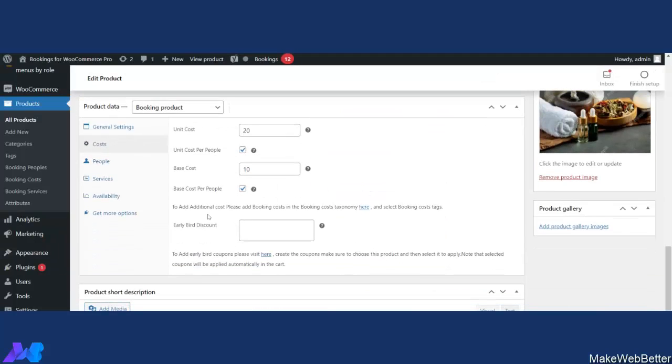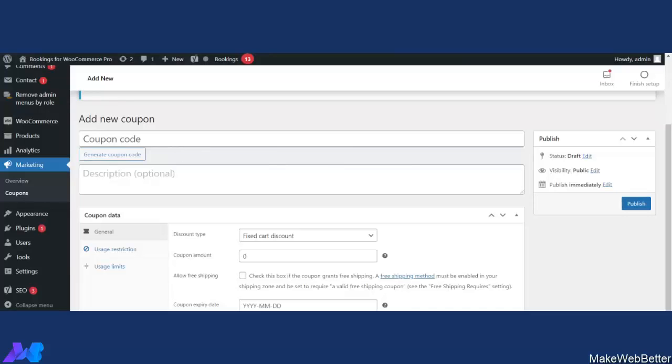As you can see, in this pro version plugin, you will get the facility to increase your customer engagement, and you can also increase customer trust by providing an early bird discount. So for creating an early bird discount, you have to click here first. So we are on the coupons tab. From here you can generate the coupon code, or you can type your own coupon code as per your